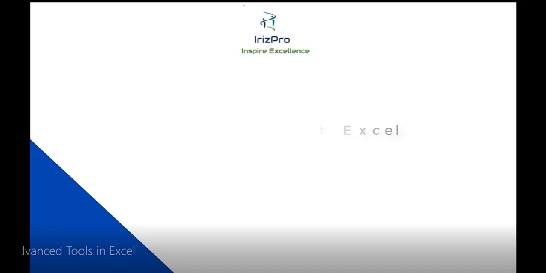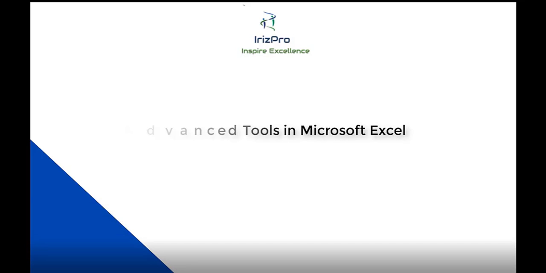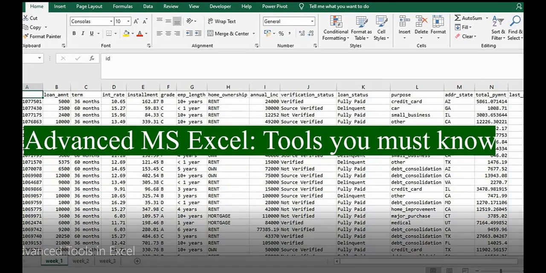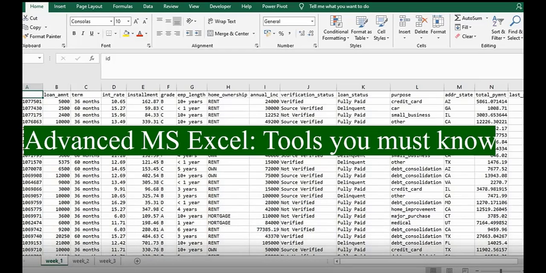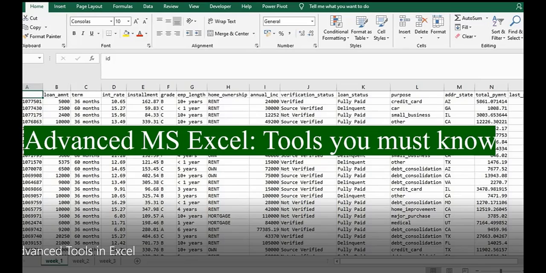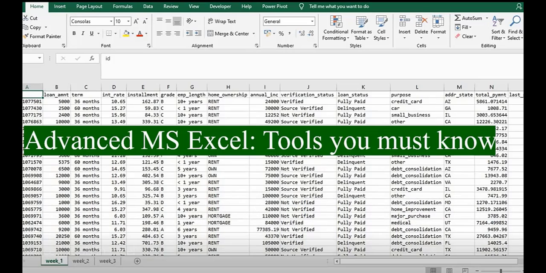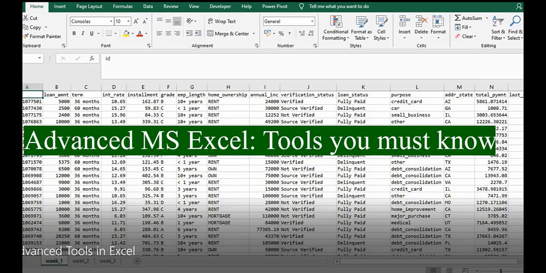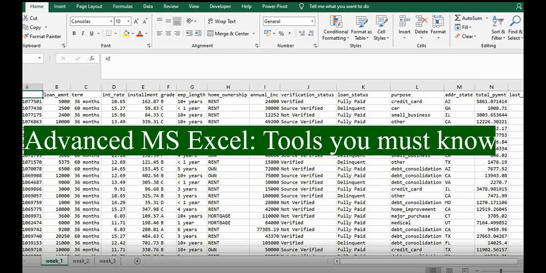Hi friends, today's video is about some advanced tools of Microsoft Excel. So now the question is, why learn these tools? These are some of the advanced tools of Microsoft Excel that enhance the way you analyze your data, thus boosting up the efficiency of your work. Believe me, these are some magical tools of Excel that bring in a powerful way to start analyzing your data like the professionals do. And who doesn't want to work like a professional, right? So let's have a quick glance at a few of them.